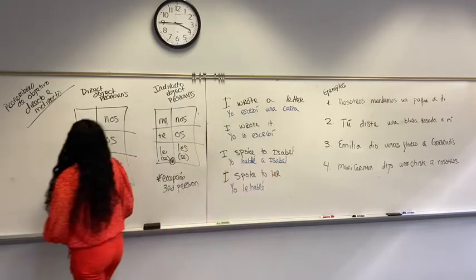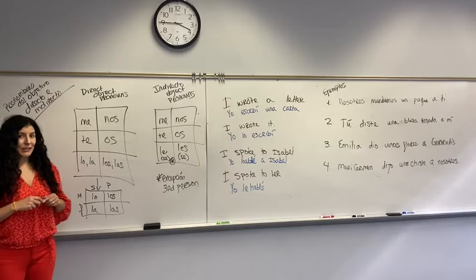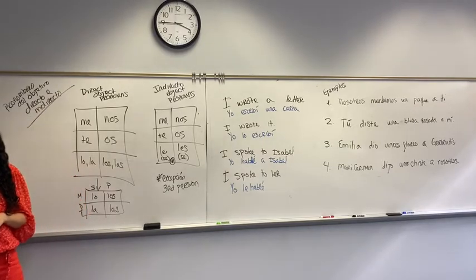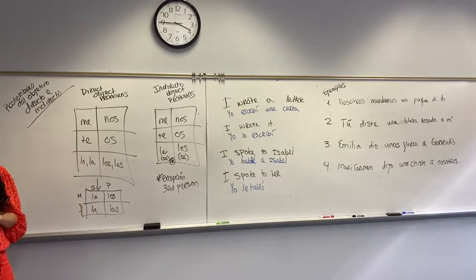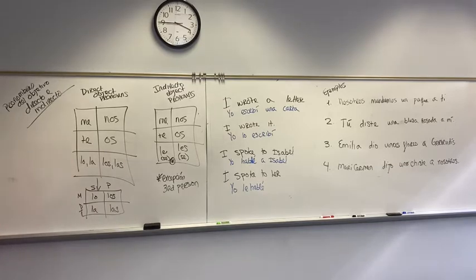Here, I've written down what I call them and what the book calls them, which is pronombre del objetivo directo y indirecto. Sometimes in Spanish it's called el complemento del objetivo directo y indirecto. It's basically the same thing that we're talking about. So if you've seen that maybe in another textbook, it is sometimes also called that. The direct object pronouns are these. This is how the book lists them.